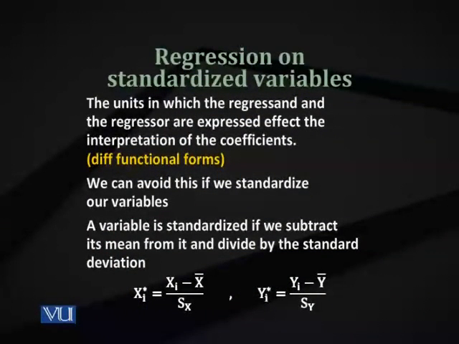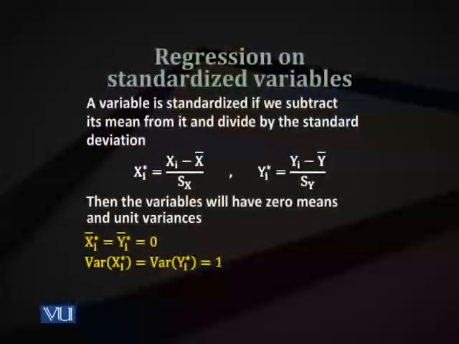For example, x in standard form is equal to (x minus x bar) over sigma, that is x minus arithmetic mean over the standard deviation. Similarly, if you have a variable y, we'll perform (y minus y bar) divided by the standard deviation, and that will give us y in a standardized form. If we regress the new standardized variable y on the standardized variable x, in the same way as we do y on x, we run the regression on the standardized variables, then what we get are called standardized coefficients and beta coefficients.